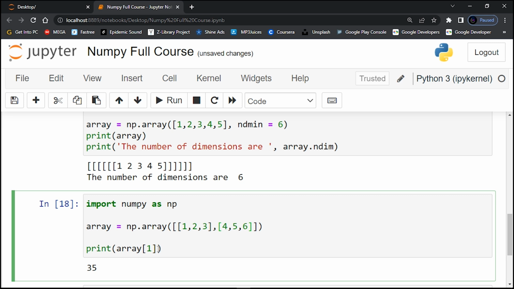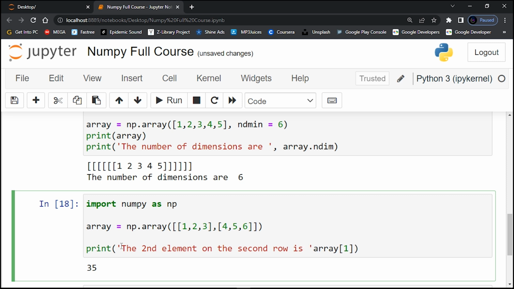Let me use a string here perhaps, and then let me say, for example, the second element on the second row is